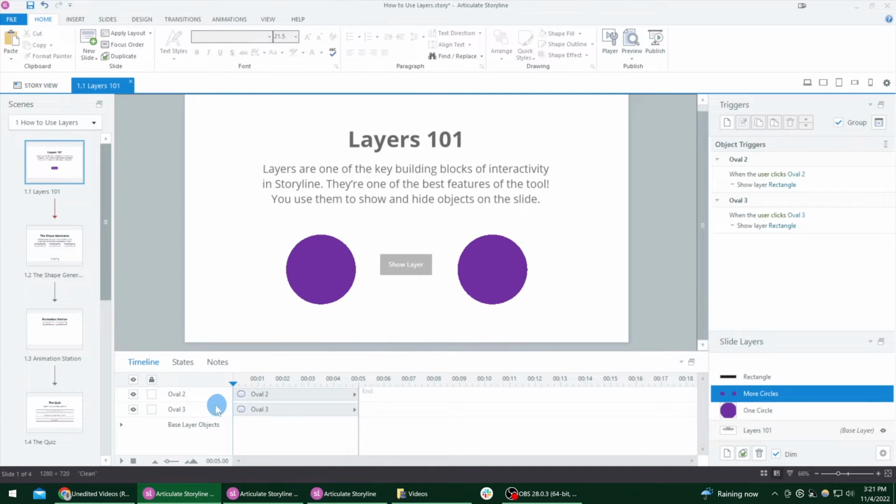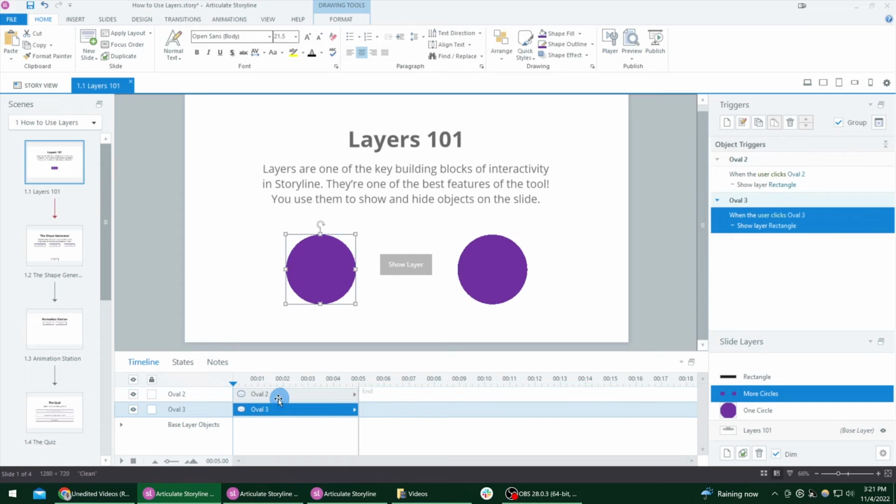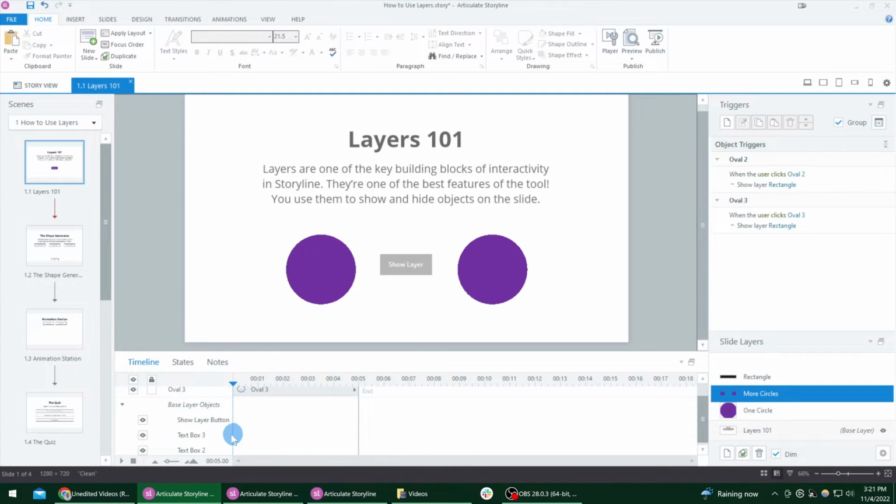So if you look at my mouse now in the timeline, it shows the two ovals that are on this layer, but it also lets us access these base layer objects. So if I click on that little arrow to reveal these base layer objects, now we can see that show layer button and we can see this little visibility icon to the left of it. So if we click on show slash hide, now that button disappears and this will only be true for this